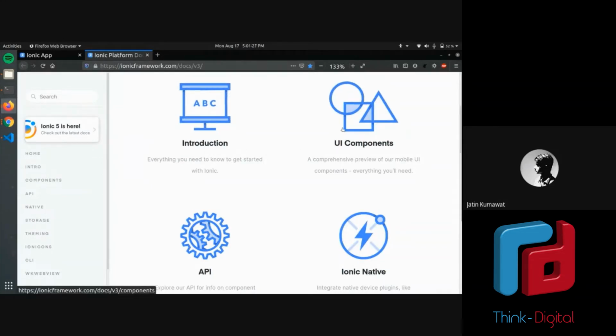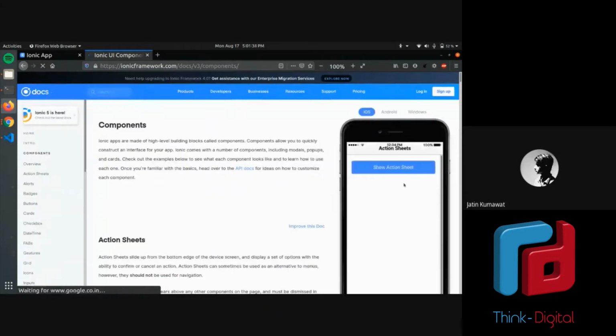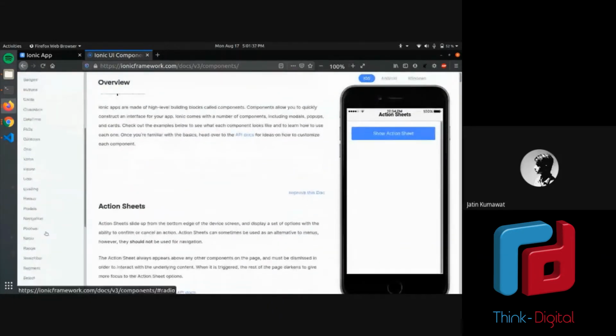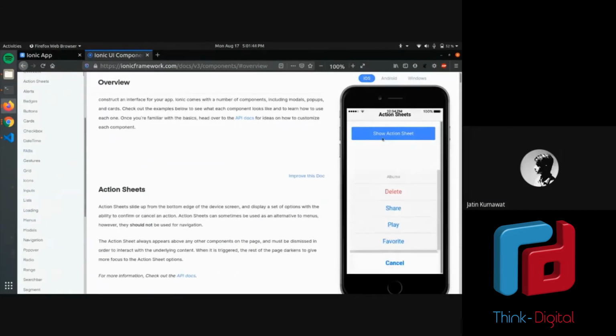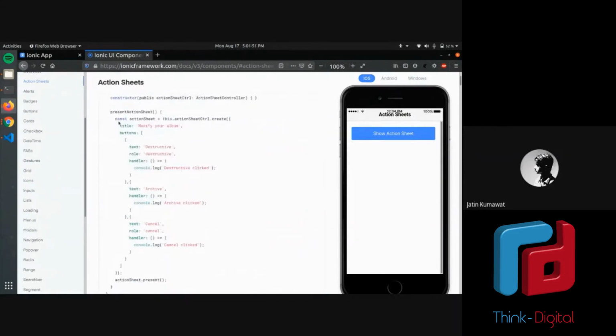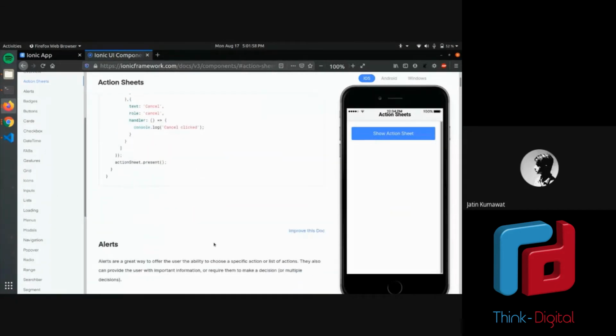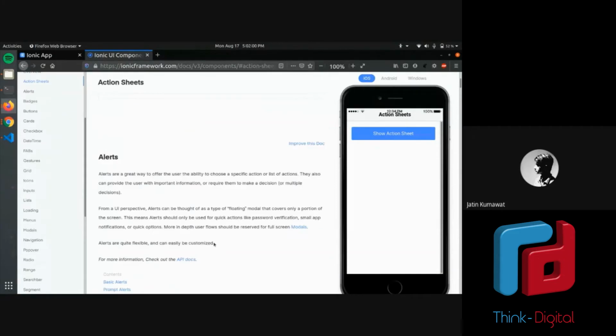So first, we will go to UI components, basically user interface components, pre-built components. If you see, it has a demo of what the component looks like, and there are tons of components for you to use. Okay, so navigation, menu, icons, grid, datetime, everything. The first component is action sheet. If you click on it, it will show an action sheet. Okay, so this is the code. You can simply copy paste it and use it from here, or you can modify it for your needs. So this is what Ionic does. It has components built in. You just have to use whichever component you want for your app.